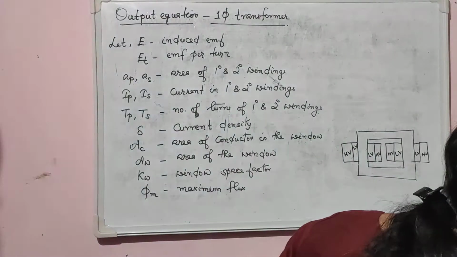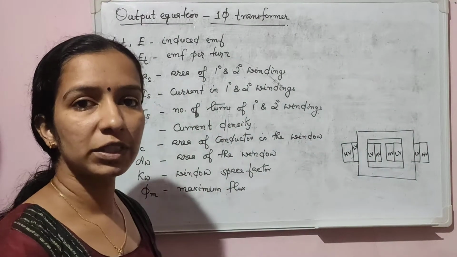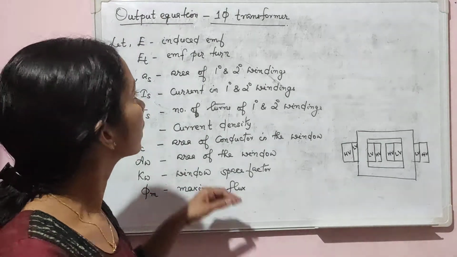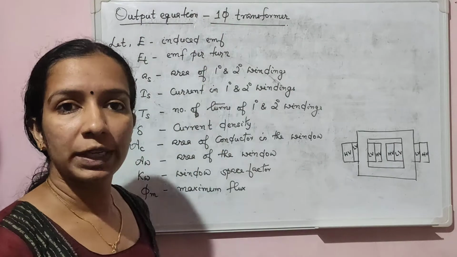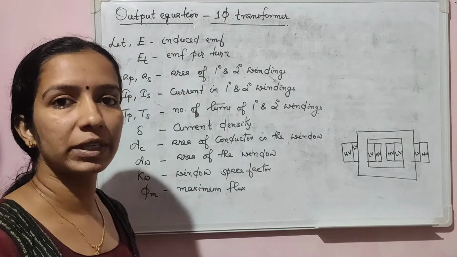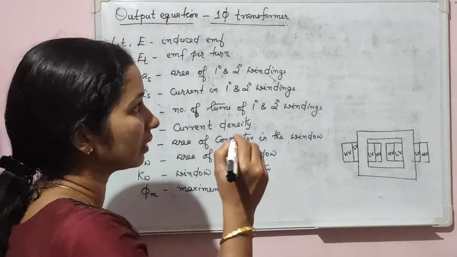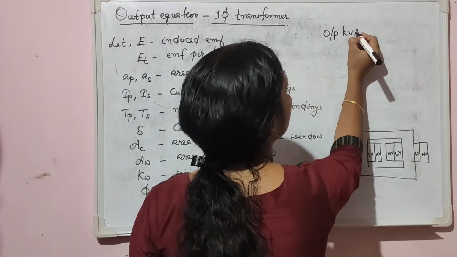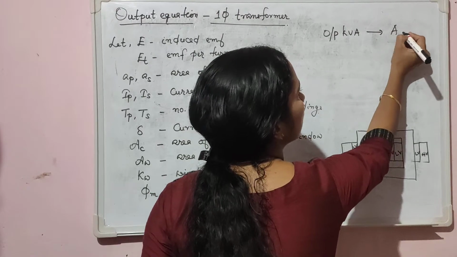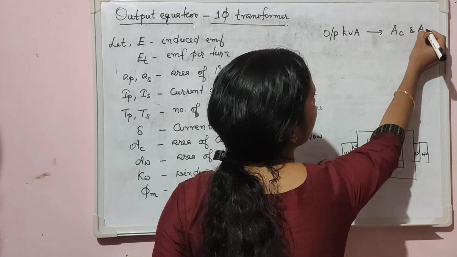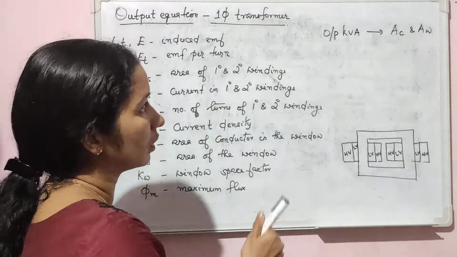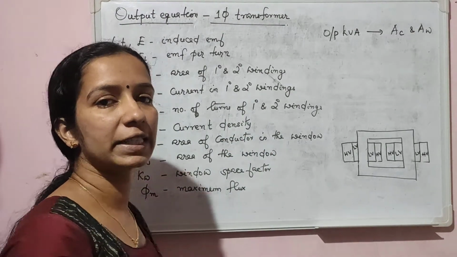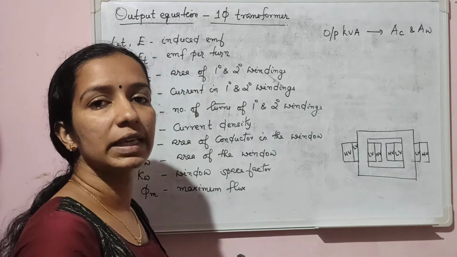In this lecture, we have to derive the equation for output kVA of a single phase transformer. So, the output equation. Output equation of a transformer is an equation that relates the output kVA rating of a transformer to the area of the core and area of the window. So, output equation relates the output kVA rating, output power rating to area of the core and area of the